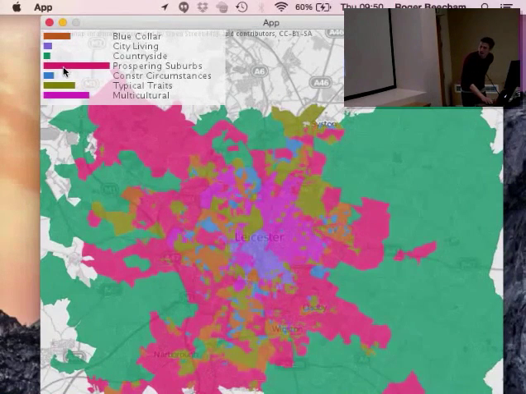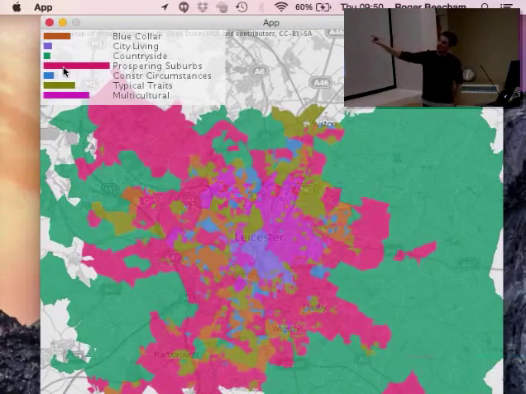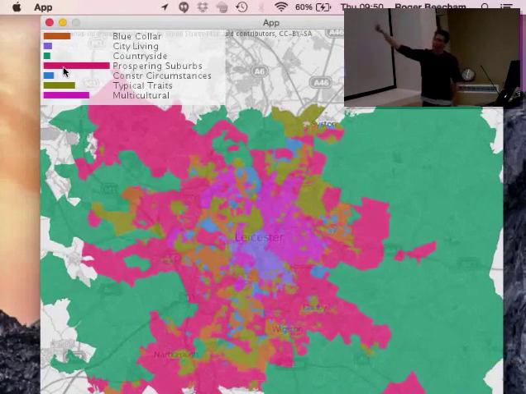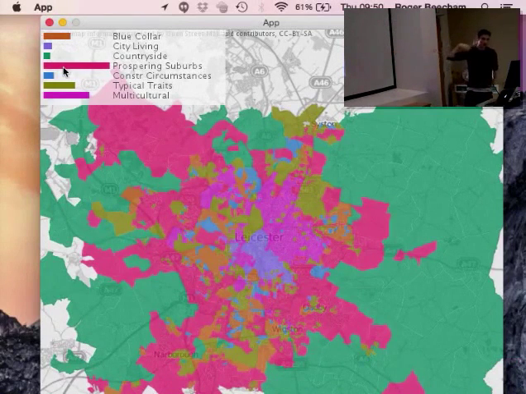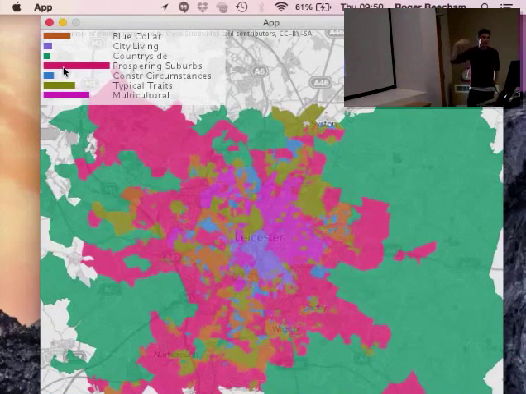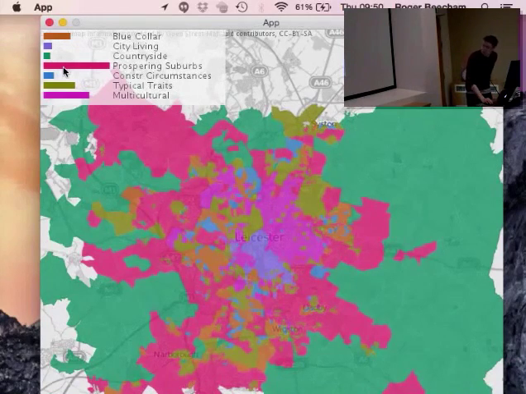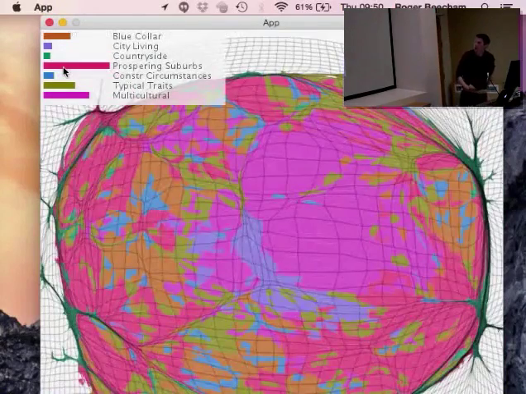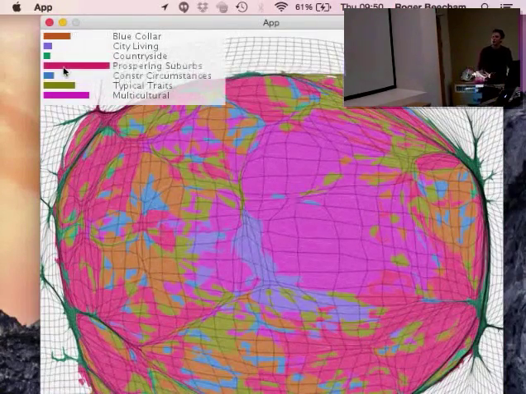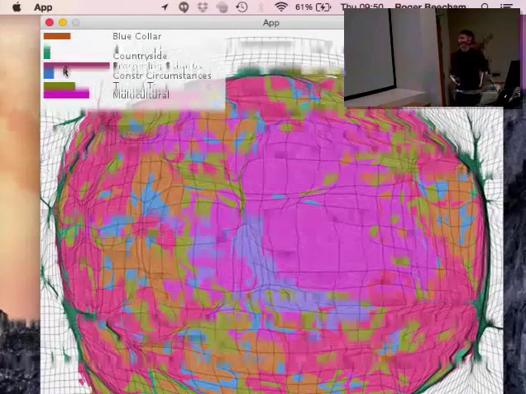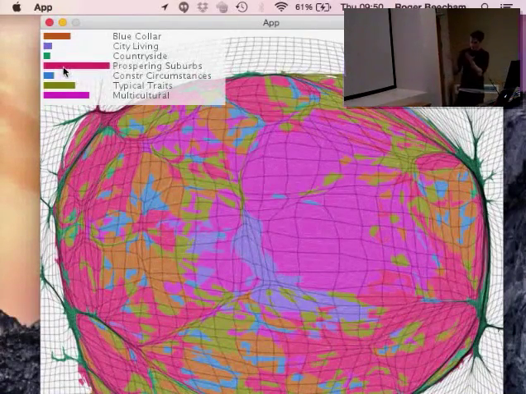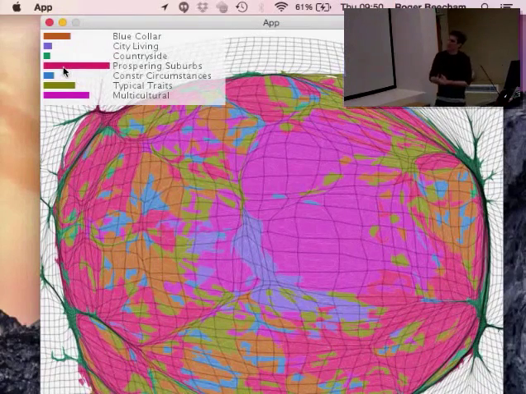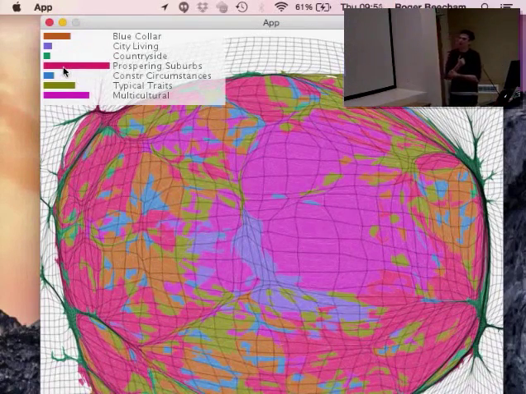The other thing to note is that here, if you look at the map, it looks very different from the bars there. So if you look at the map, you'd think that most of Leicestershire is countryside, so that most people living in Leicestershire live in countryside communities, and they have those characteristics. But of course, most people in Leicestershire don't live in the countryside, they live in the city. If we size these small output areas according to population size and not real geography, so we distort geography a bit, we see a very different distribution.